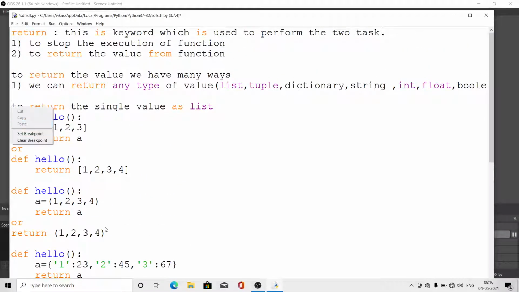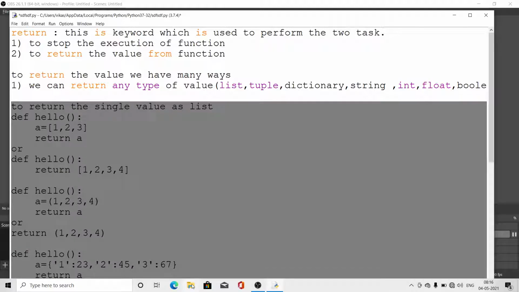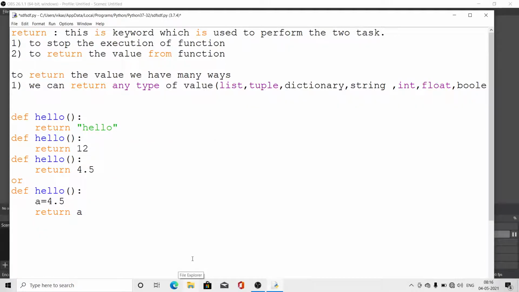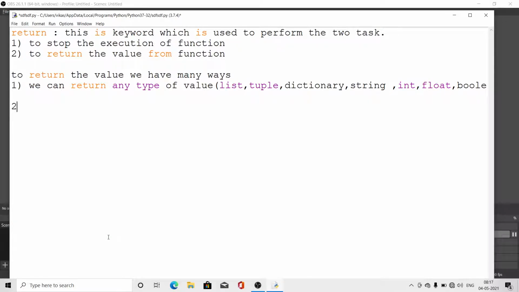The second one is that throughout the functions we can return multiple values also. Second, to return multiple values from functions, means more than one value, I can return like that.